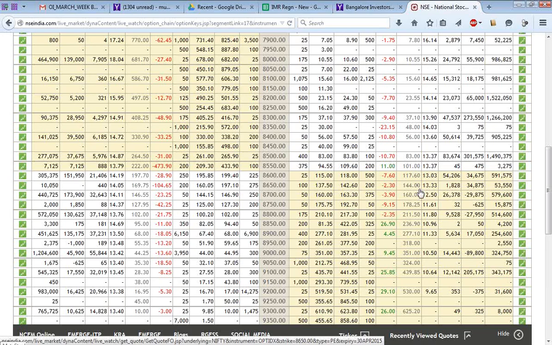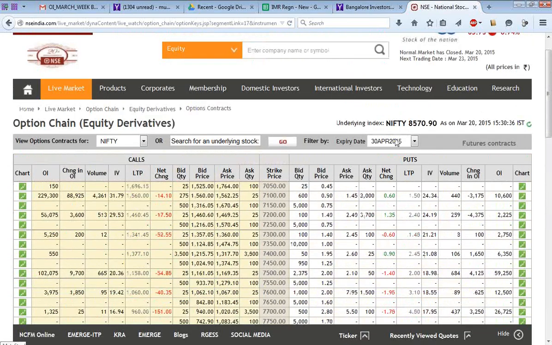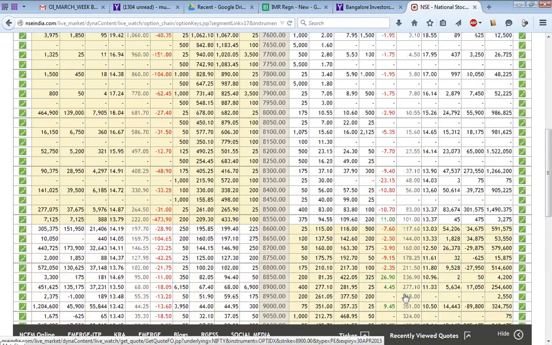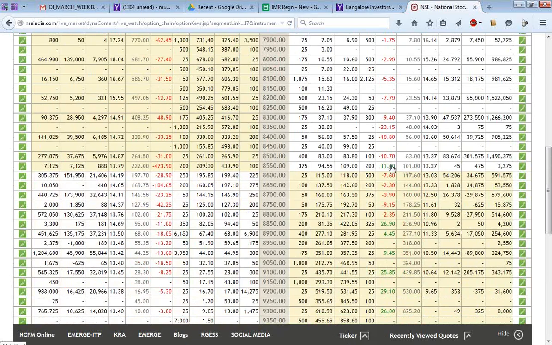So, okay, Vidya is making a point here that please note that first of all we are looking at the April series here, alright, so we're looking at the April data for the Nifty, and what his point is that he was expecting that the premium prices of the puts for 8,500 should have increased given expectation that the market would have gone down, but as we can see here, actually the prices have decreased, right,